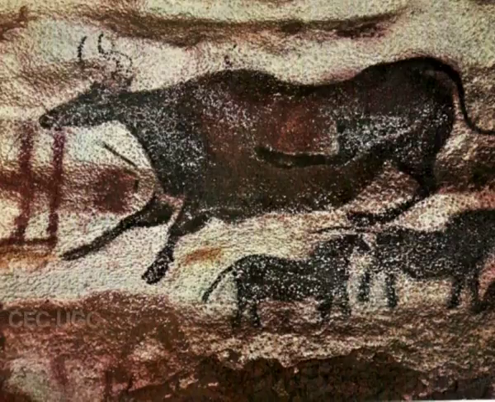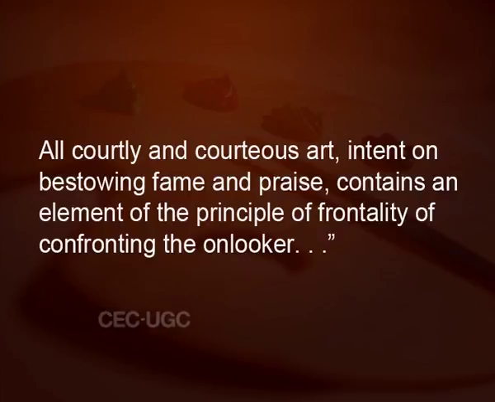Egyptian art, on the other hand, makes a direct approach to the respective subject. It is an art which both demands and shows public respect. Its approach to the beholder is an act of reverence. All courtly and courteous art, intent on bestowing fame and praise, contains an element of the principle of frontality, of